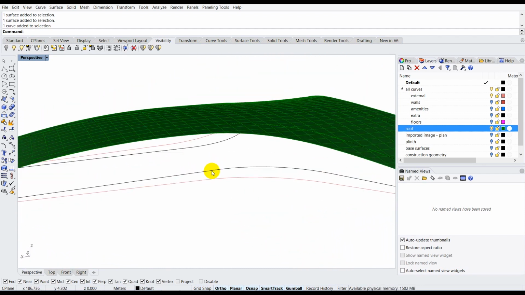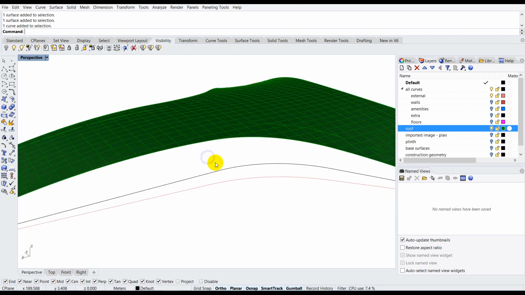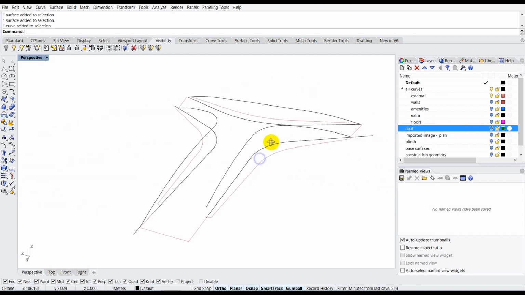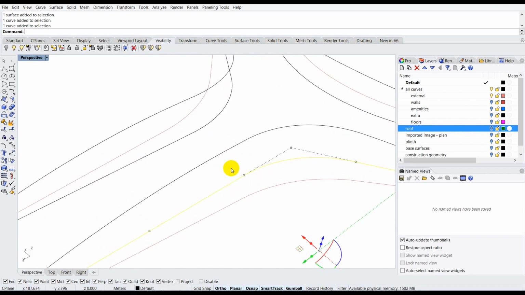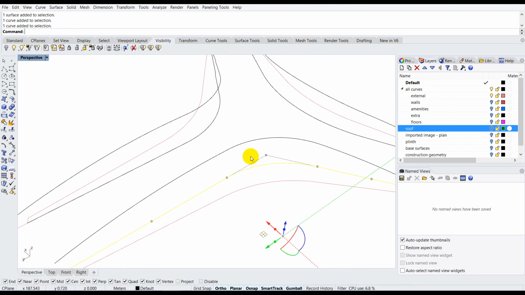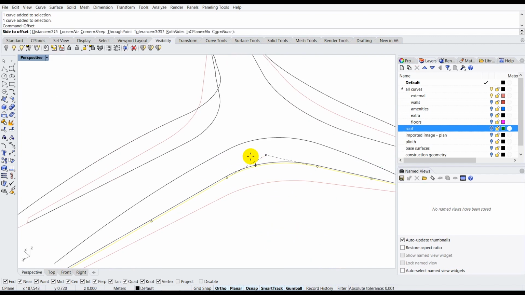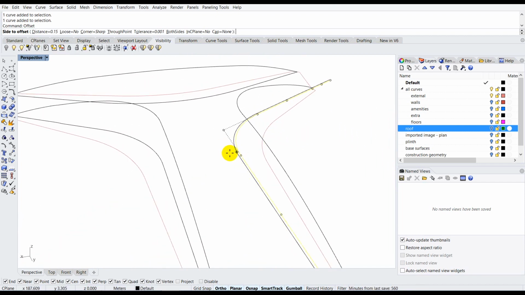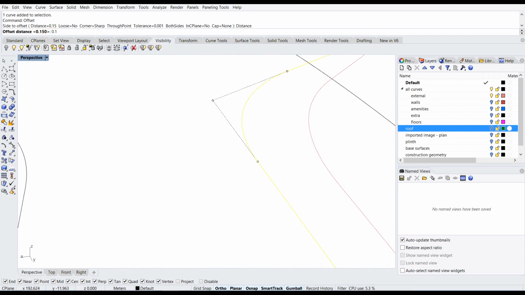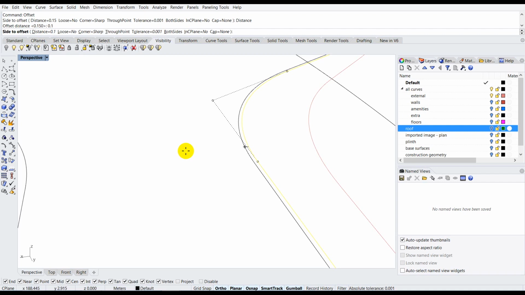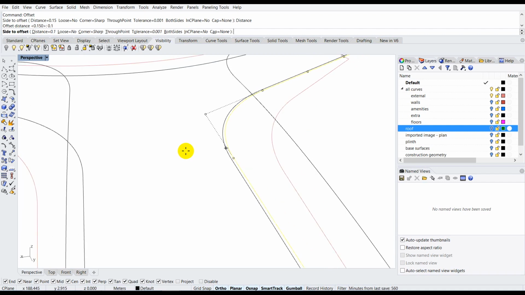You can select the curves and offset them in the opposite directions, but before that you can turn off the roof layer for some clarity. Once you do that, you can select the parts and offset them by typing in offset and pressing enter. For the distance, take a look at this side and make sure the offset is on this side, and the distance can be changed from 0.15 to 0.1 and press enter. You can create an offset of 0.1,